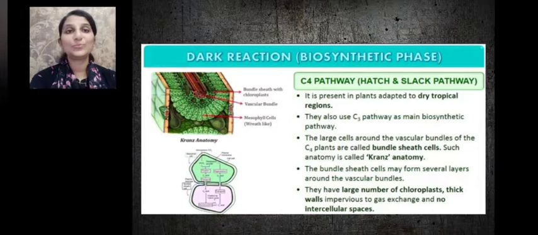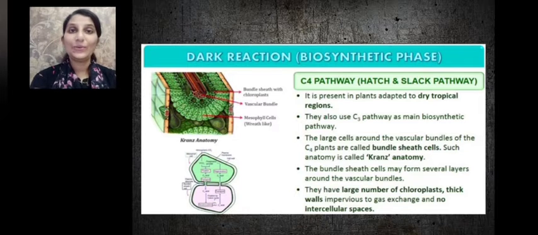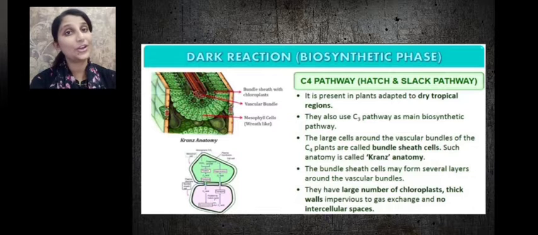Dear children, in the last module, we had learned about the light reaction and the first type of dark reaction. We know dark reaction is the process which takes place independent of light, and it is that process in which the products of light reaction are utilized for assimilation of carbon dioxide to form sugars. So carbon dioxide and water combine together to form sugar, and carbon dioxide assimilation takes place in two types, that is C3 and C4.